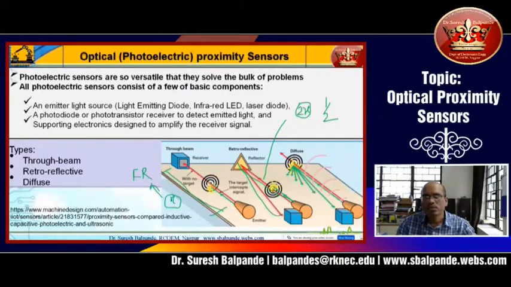And in this case, there is no reflector, so of course, light will travel and reflect back. Some of the light may get reflected back to the receiver. There would be more scattering of the light because there is no reflecting mirror placed, so it will go in all directions. But a small amount of light will reflect back, subject to the condition that this object must be in the sensing range of the diffuse type sensor. So if you compare all three, you will have the least sensing range in case of diffuse and maximum sensing range in case of through beam.